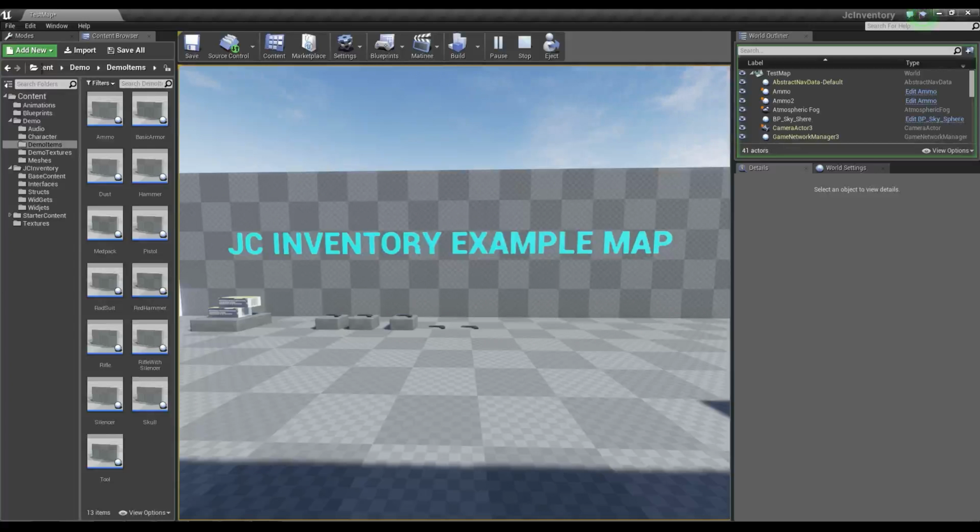My name's Jack and I'm going to be leading you through today on how to create an item, set up crafting, and make it equipable to an equipment slot. Okay, so